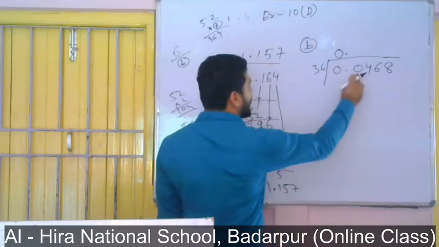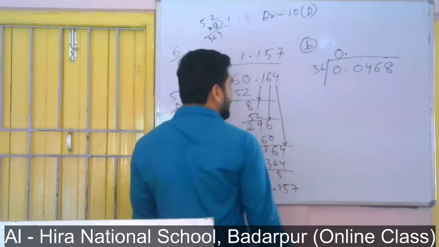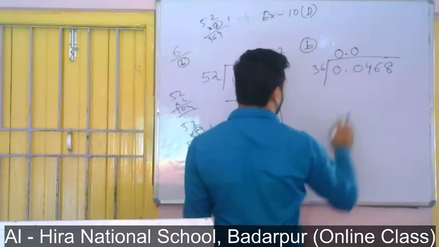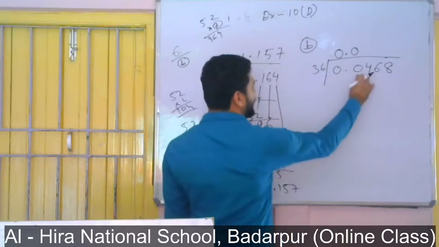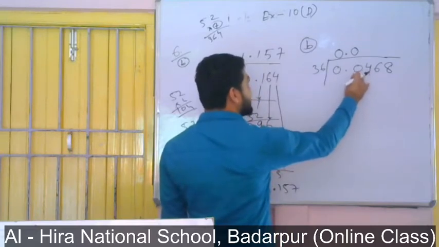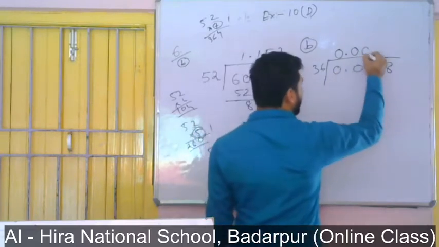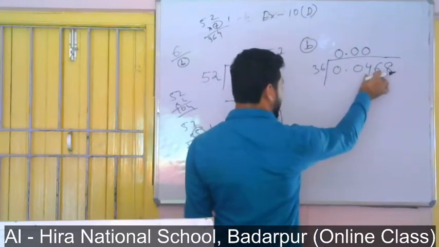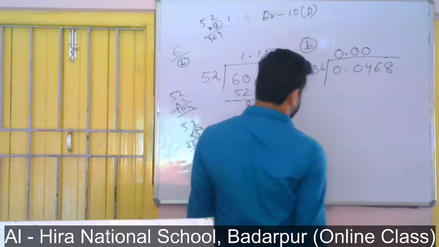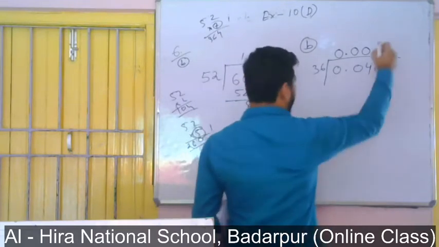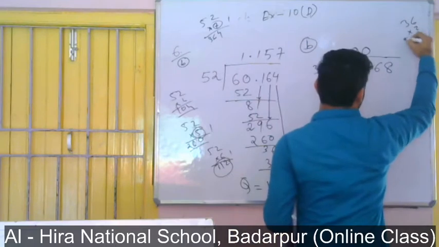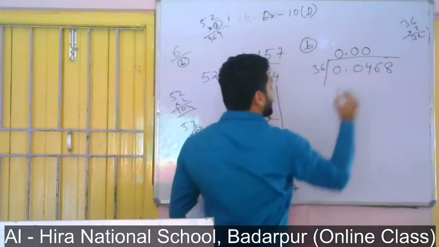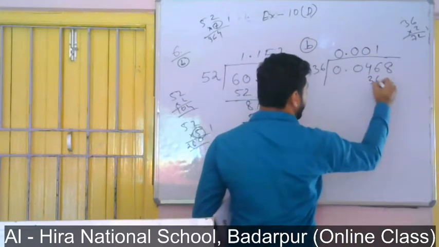Now we shall go to 0. Again we cannot divide 0, so we will put another 0. Then we will take 4, then 04 is again not divisible, so we will put 0 again. Now we will take 046, that means directly we can say 46. 46 is divisible, so let us check 36 2s are how much? 6 2s are 12, 6 2s are 6 and 1 is 7, 72. So one time it will go, 36.